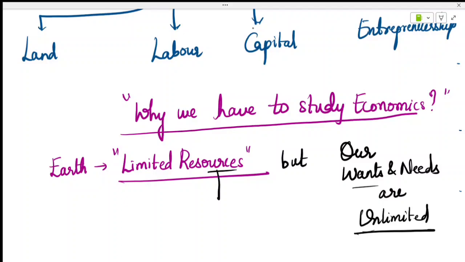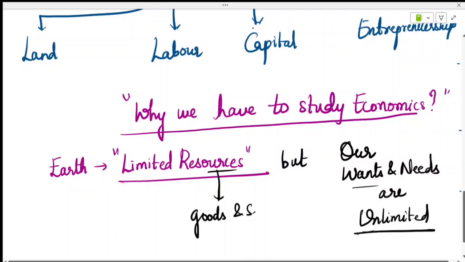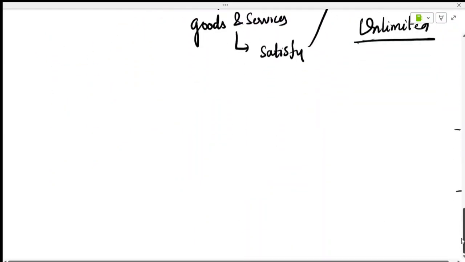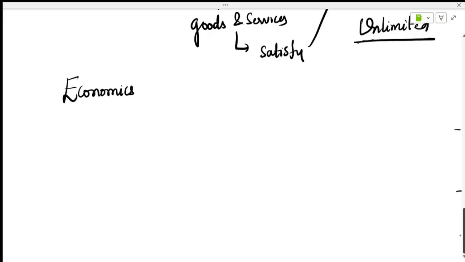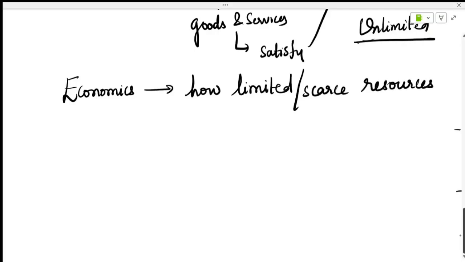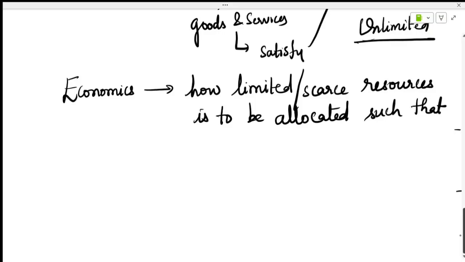So these resources are used to make goods and services which can satisfy our wants and needs, but these wants and needs are unlimited. Fine. So economics is the subject which will be dealing with how limited or scarce resources are to be allocated such that to fulfill economic